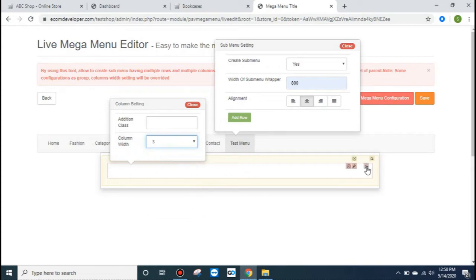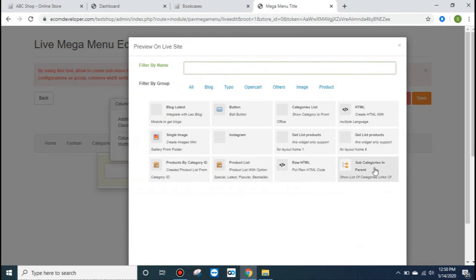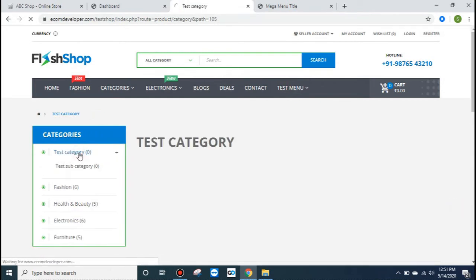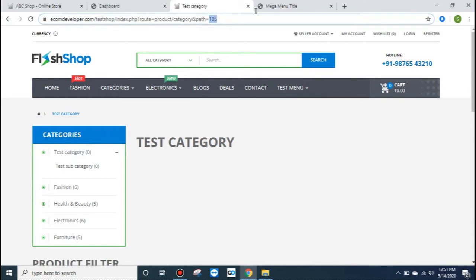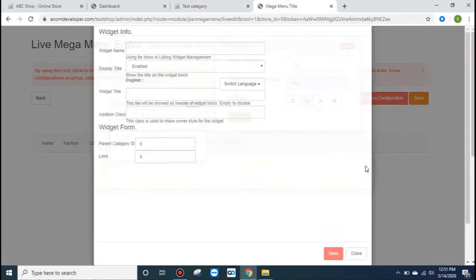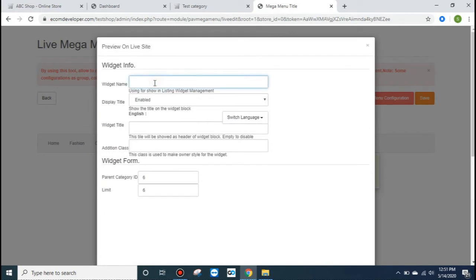And now subcategory in parents, so we will put it this way, like for test menu, sorry, test category, the ID was 105. So let's check what we get. So we are putting a widget name like test widget.